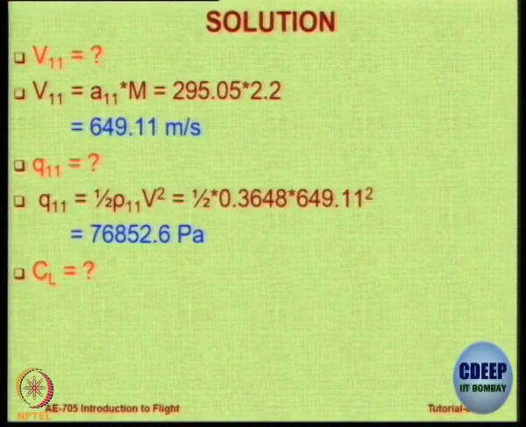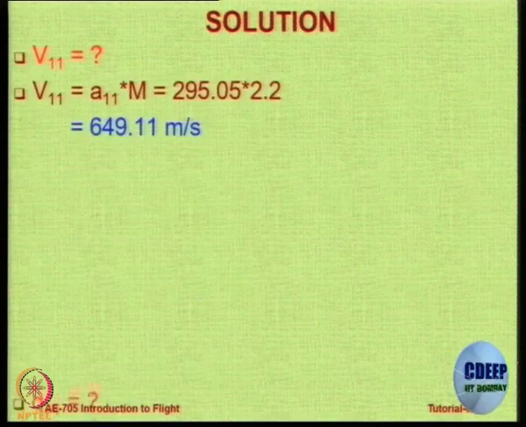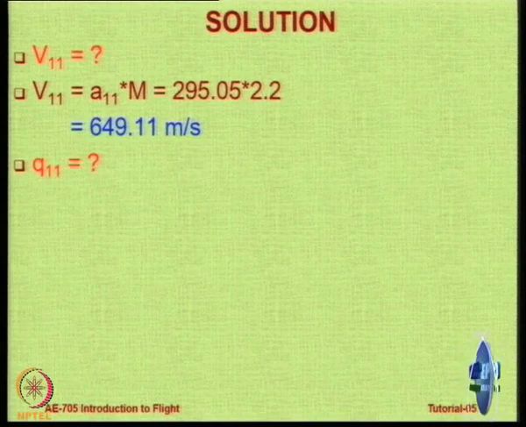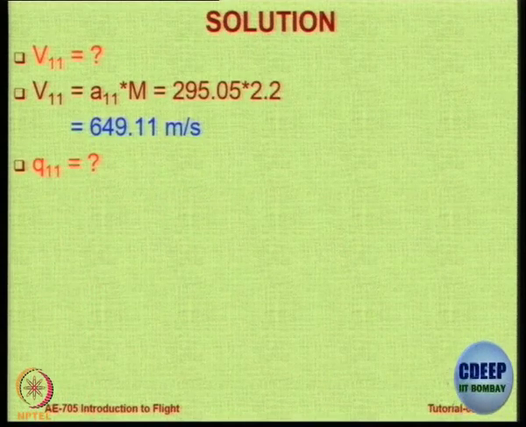So what you have done is you divided by G, and to divide by G then you have to put kg per meter cube. So what I want to tell you is if you put the units of density as kg per meter cube and if you put velocity in meters per second, you will get the answer directly in Newton per meter square.